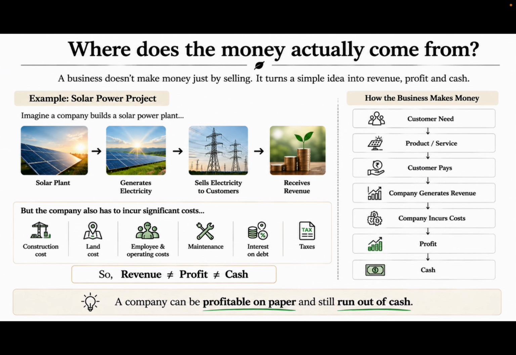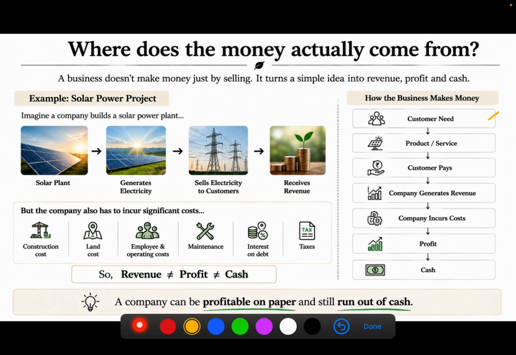Let's start with something very simple. A business doesn't make money just because it exists or because it sells something. It starts with a customer need. The company provides a product or a service, the customer pays, and the company generates revenue. But that's only the beginning. The company also has to spend money to build and operate the business, whether that's construction, land, employees, maintenance, interest